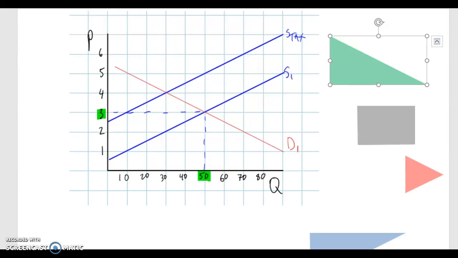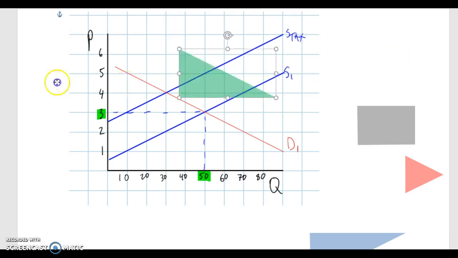Okay, I just wanted to make a quick video to show you how some things change for analysis when you look at a tax, and then there'll be a second one on a subsidy. So if we start here with S1, the price before the tax,